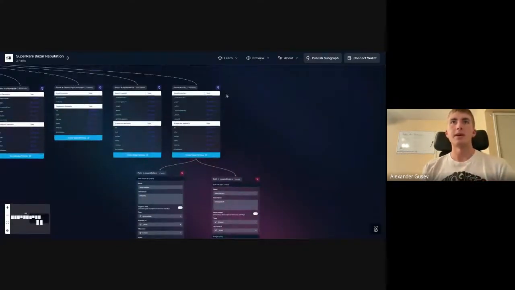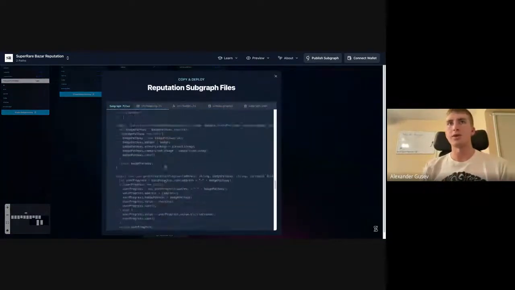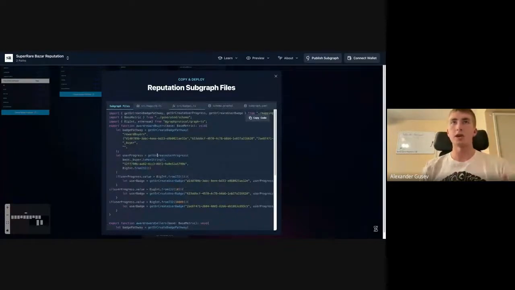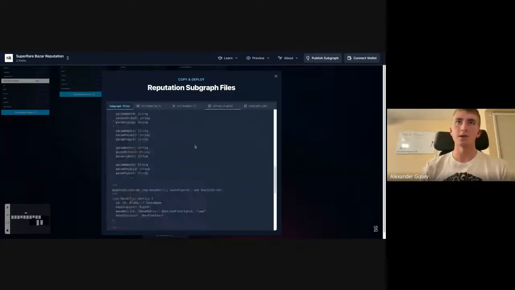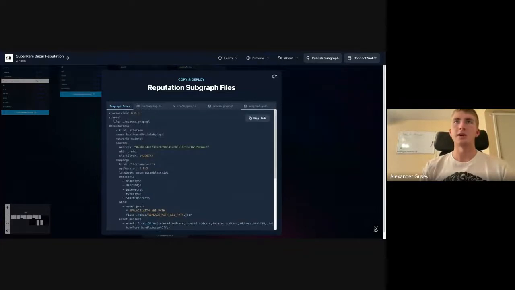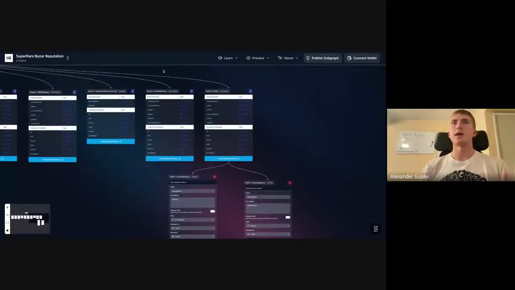But basically from this, you make these specific entities within the subgraph, which then have a user tied to them and the person who won them, as well as the information there, which is then what gets aggregated in and minted as the NFT. And also all of this stuff is generated for you automatically, depending on your GUI and how you map out these different badges. All this code generation makes it possible to build out subgraphs without knowing how to code, and to define reputation pathways without knowing how to code as well, which I think is nice for encouraging community engagement. Does that kind of make sense? Or does that answer your question a little bit, Fahim?